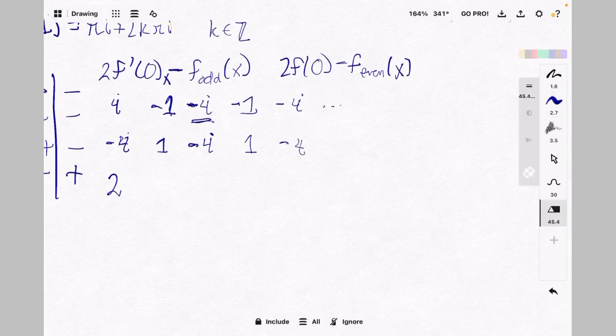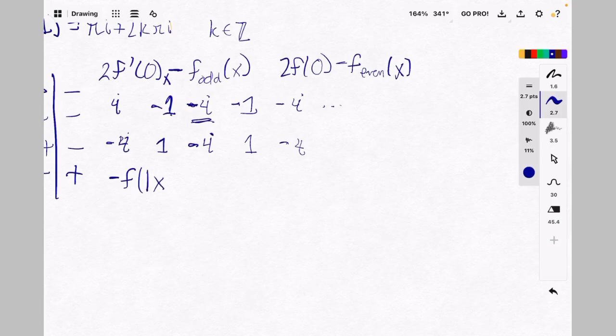Wait, no, we don't need the 2 anymore for this. It'll be negative f of absolute value of x. Yeah, that's correct. Negative f of absolute value of x. Well, the odd part, I'm sorry. The odd part will be negative f of absolute value of x, and then the even part will just be